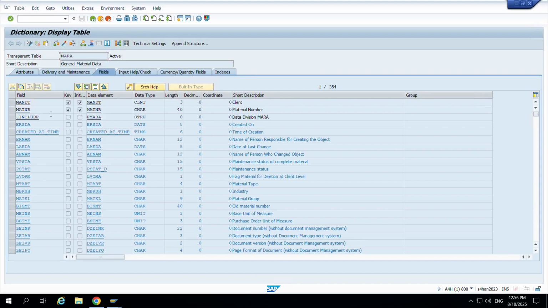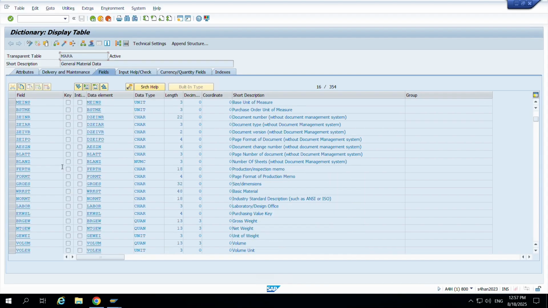MATNR is a primary key. Primary key is nothing but a unique key. Suppose there are two classes, class 5 and class 10. In class 5 there are three sections, A, B, C, and in class 10 also there are three sections. In each and every section, roll number 1 student is present, but in each section multiple students are not present for roll number 1. Only one student has roll number 1. So this is a primary key, a unique key. So you can see it in this way.